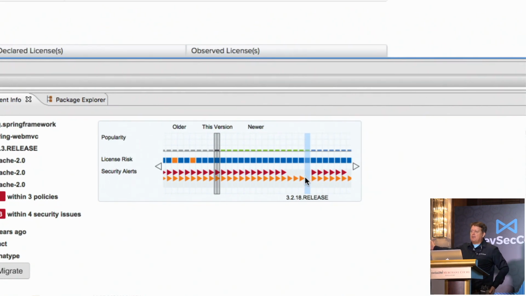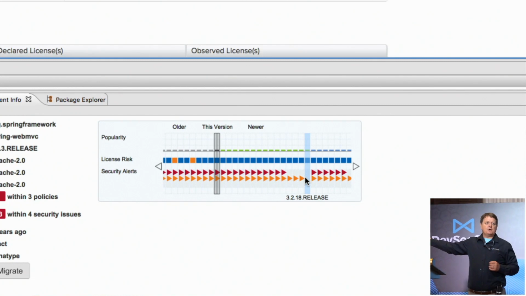In version 3.2.18 of this particular library, they've finally fixed the vulnerabilities. So what you can do is have a conversation with the developers and say, look, 3.2.18 of this one is fixed. Don't use 3.2.3, the one you currently got. Use the new version, because the vulnerabilities are gone. It's a very, very easy process to fix that in the design time, in the developers phase of the project.